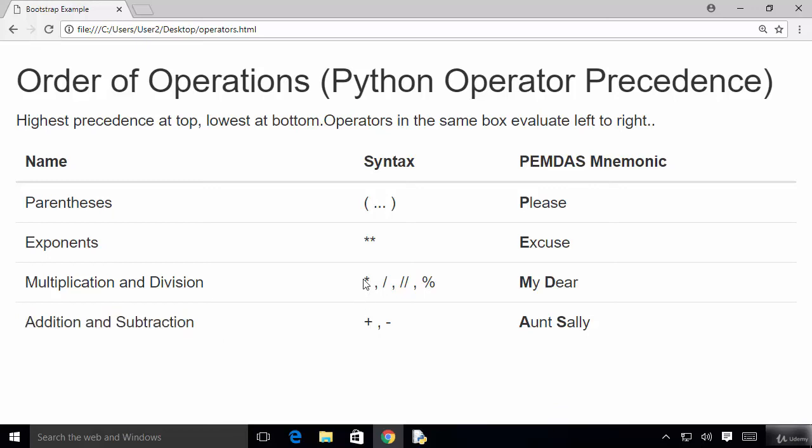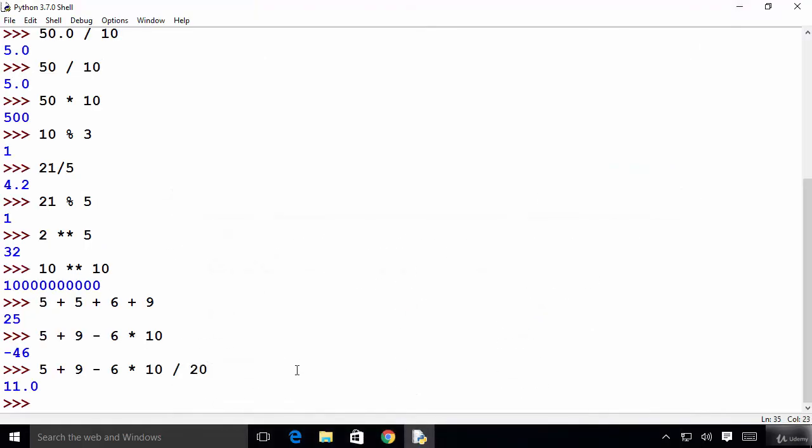And for example, if you use multiplication and division in the same expression, then the priority is decided by which operator is appearing on the left. If the operator is appearing on the left, it has higher priority than the operator on the right side. So let's take an example of that. So for example,